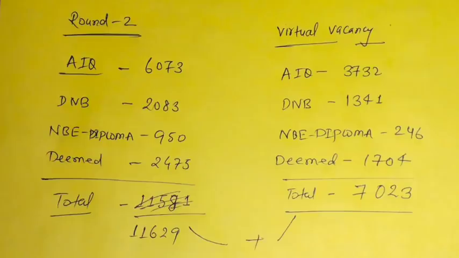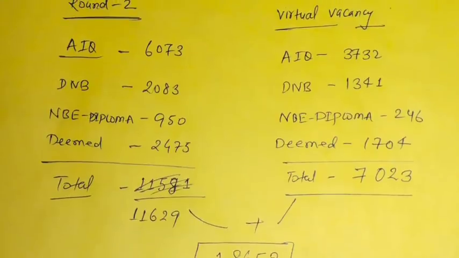In the last year 2020 seat matrix for DNB and other colleges, they had mentioned new seats. In the PDF they had mentioned new. But here they haven't mentioned any new, so it's a little difficult. We need further analysis to tell you the exact number of seats added in DNB or diploma which are new. But you can see a definite difference, that you have a good number of seats incremented, but we expected some more